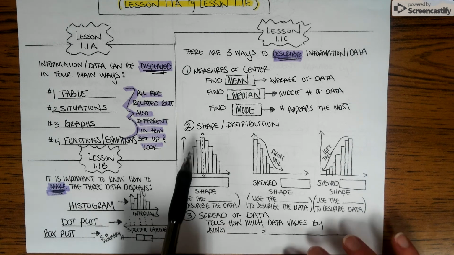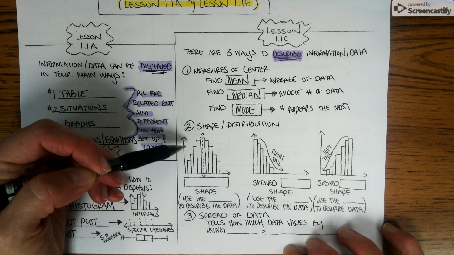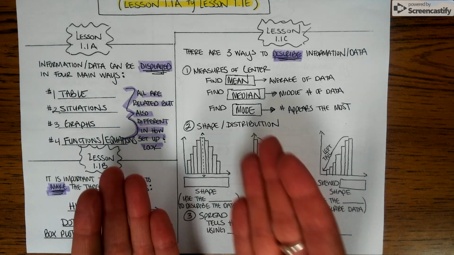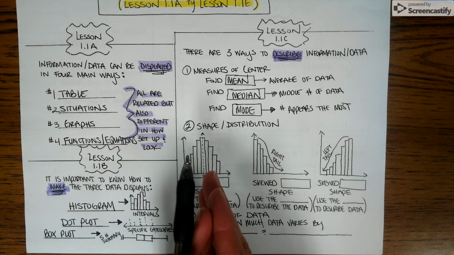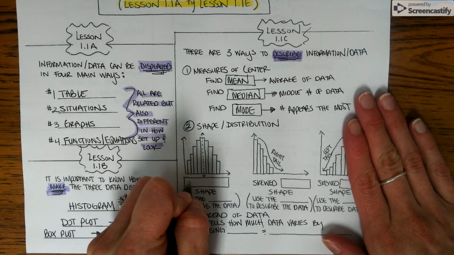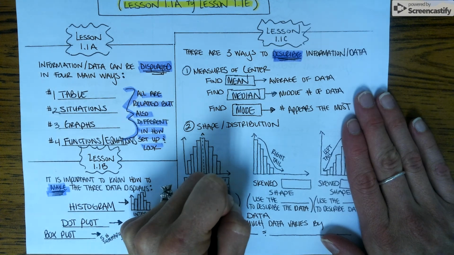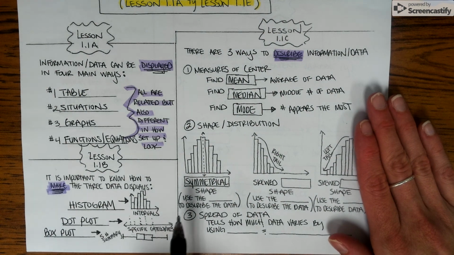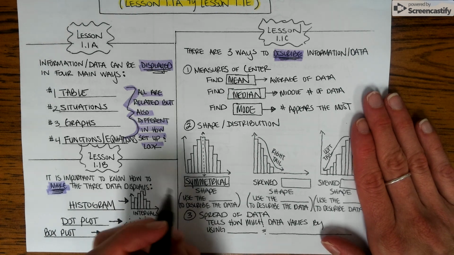But back to the shape, if you look at this first graph, again, I have an x-axis and a y-axis. But if you notice, I have this dotted line drawn down the middle. And if I were to fold this graph in half, each of these interval bars would somewhat match up and be symmetrical. So this is what we call a symmetrical shape. So with the symmetrical shape, what's important to know is that in order to then describe a symmetrical shape, you are going to want to use the mean